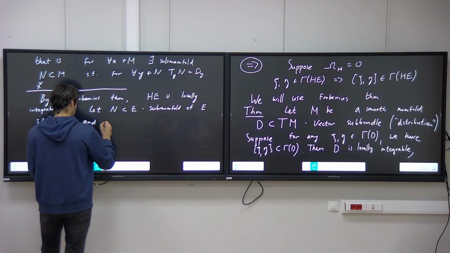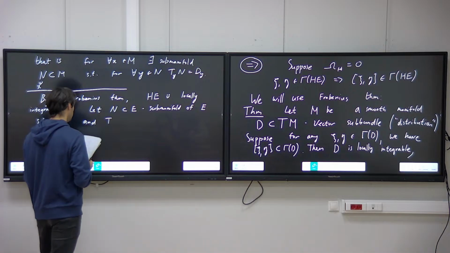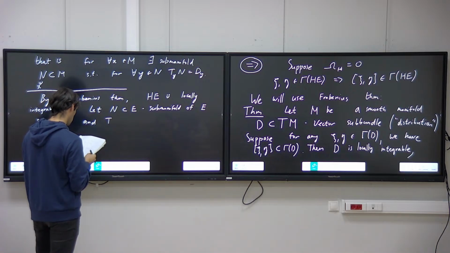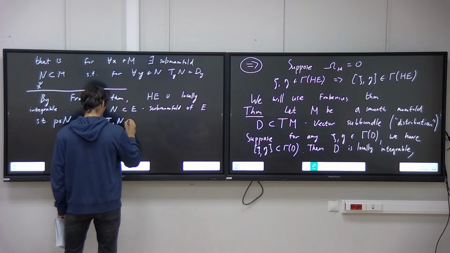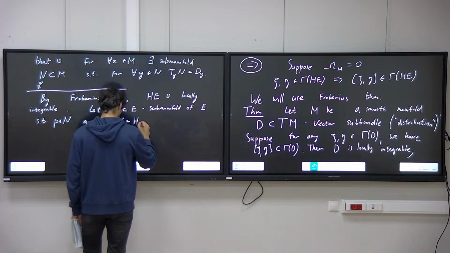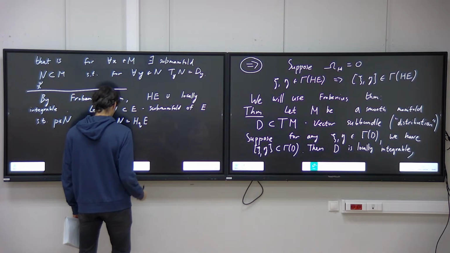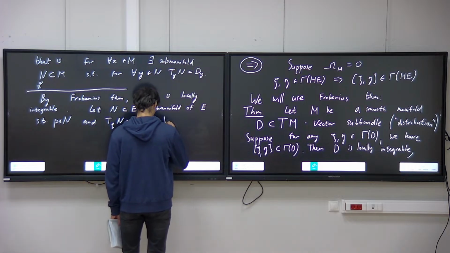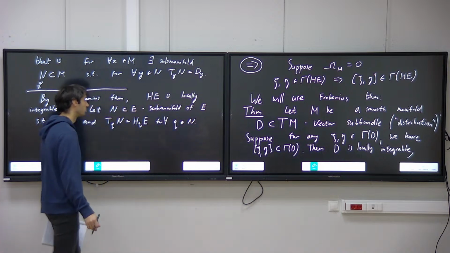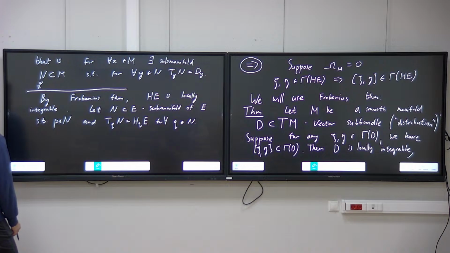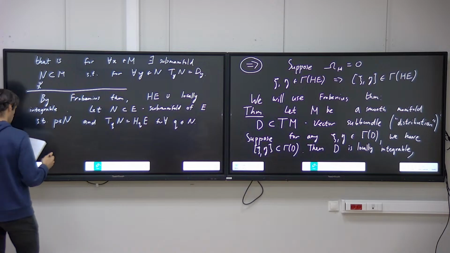And for any Q from N, T_Q N is just H_Q E. So this is just our N from the Frobenius theorem for HE. All right. Then recall that